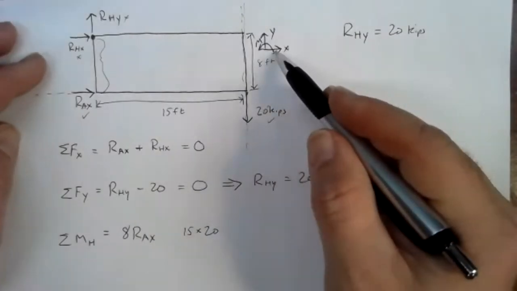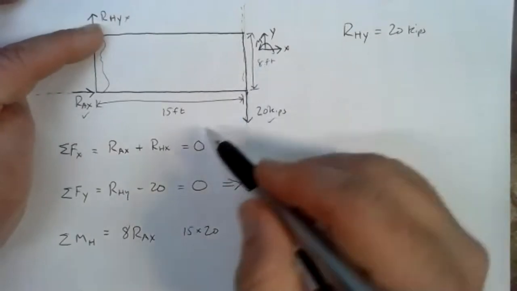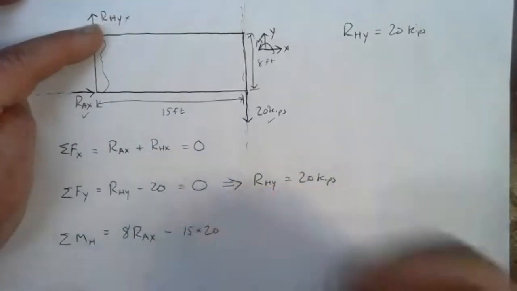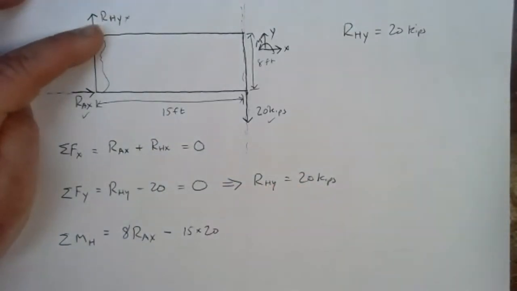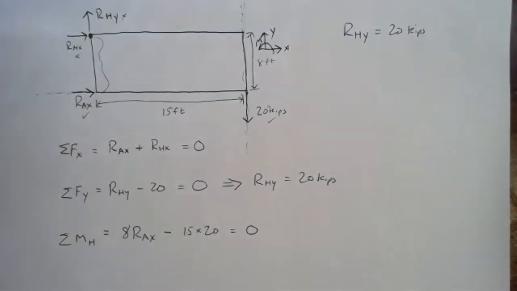So we have 15 as our arm times 20 kips of force. We have to figure out whether that's positive or negative. If we pin at H and we pull down here where that 20 kip force is, we're going to get a clockwise rotation. Clockwise is negative. So there's our moment equation. Now, fortunately, the moment equation, pretty easy to solve. In fact, if you ever get a moment equation with more than one unknown, you did something wrong. In this class, it's a consequence of being in 2 dimensions, essentially, that we should always be able to pick a pivot point that results with one unknown.